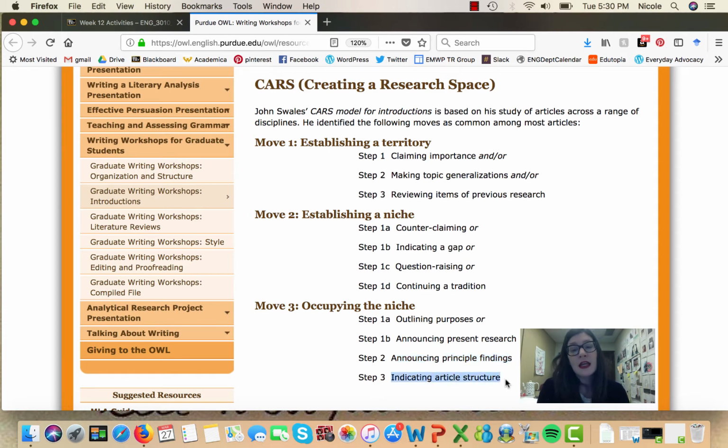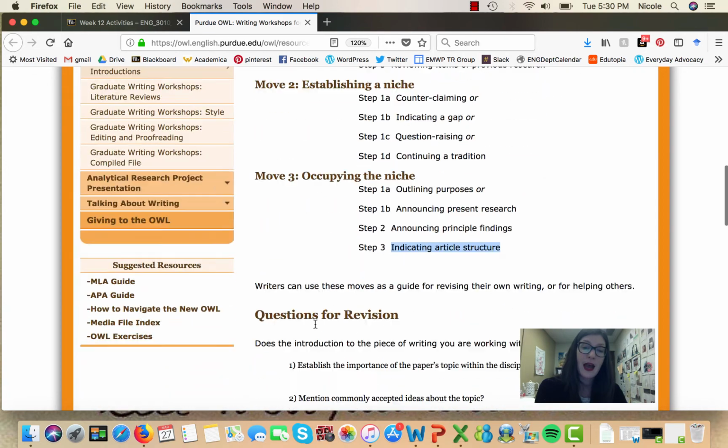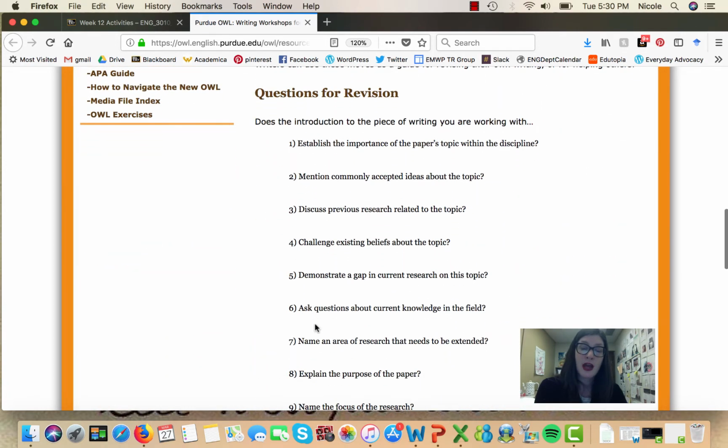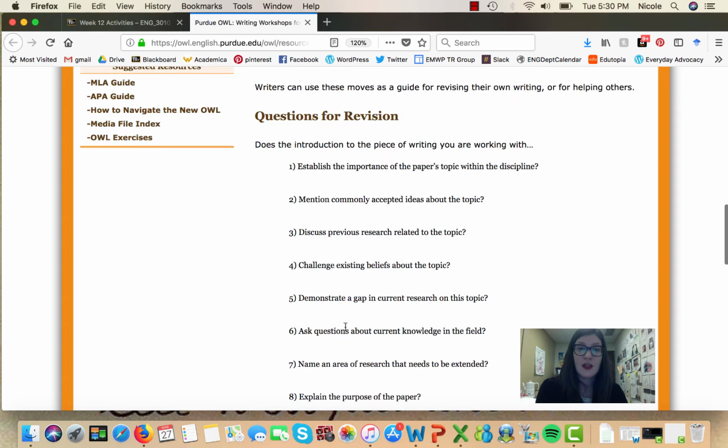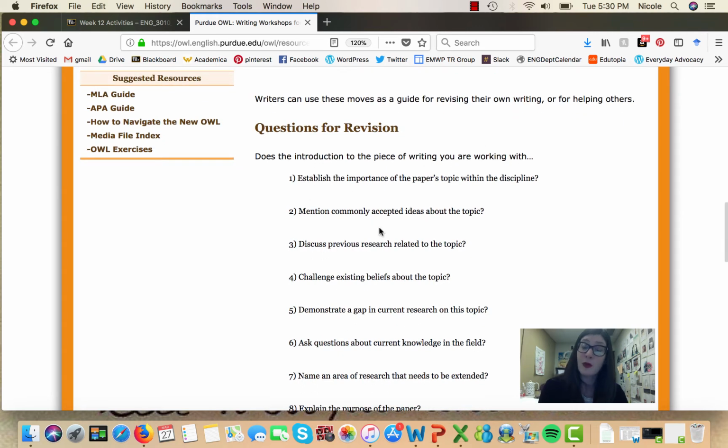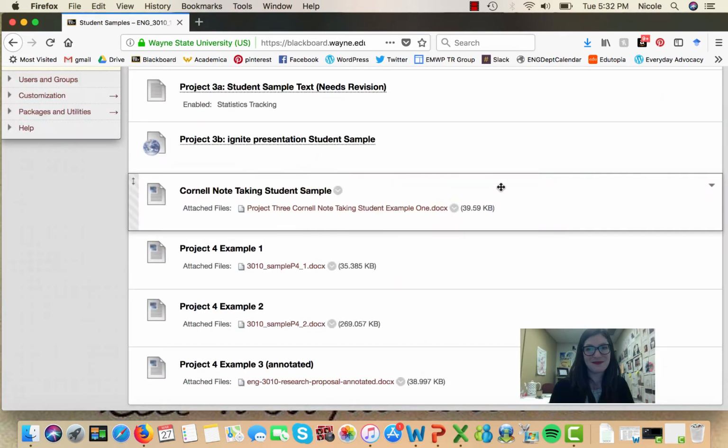But you can indicate your article structure. So these 3 moves should be present in the introduction for your Project 4. Now, we're going to do some drafting next week, and when you are revising your introduction, there are some excellent questions here that you can take yourself through to help you revise your intro to get it in tip-top shape.